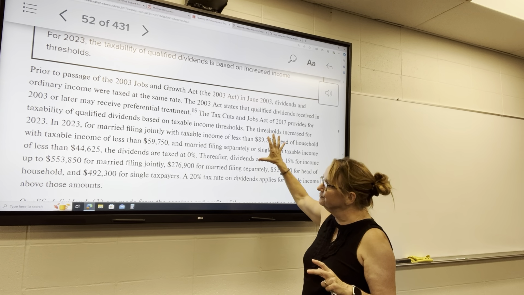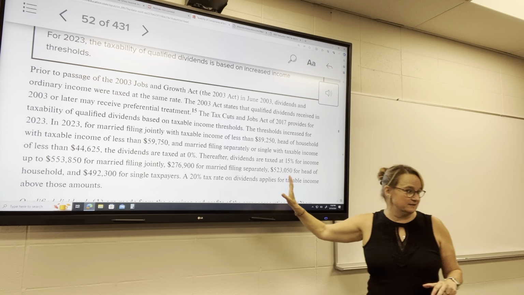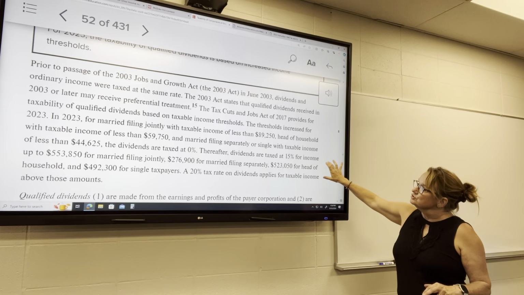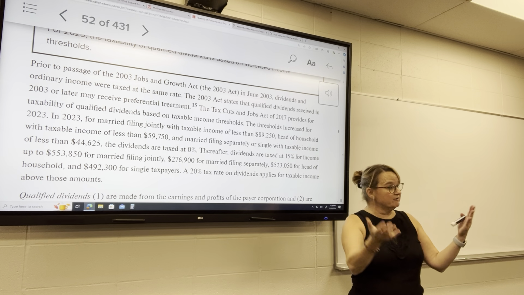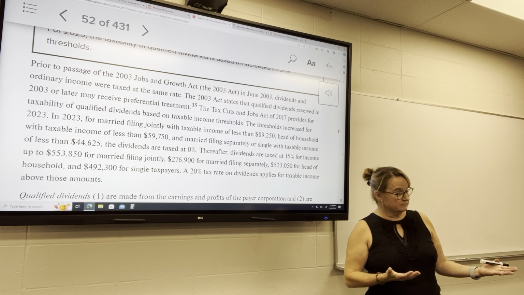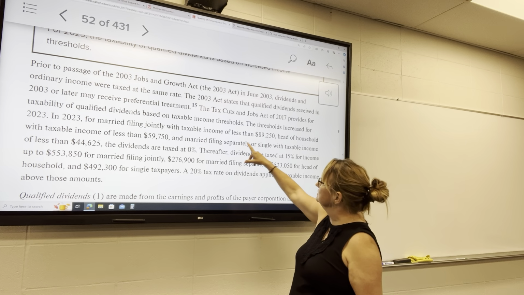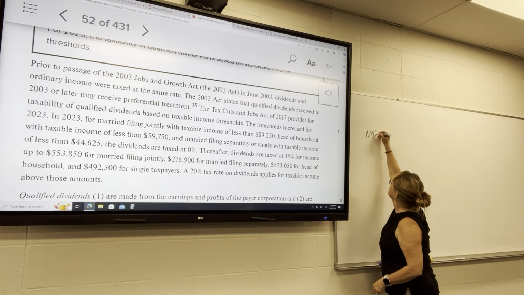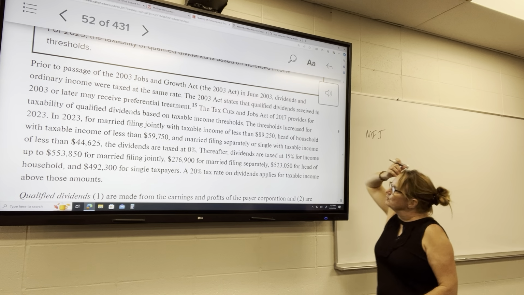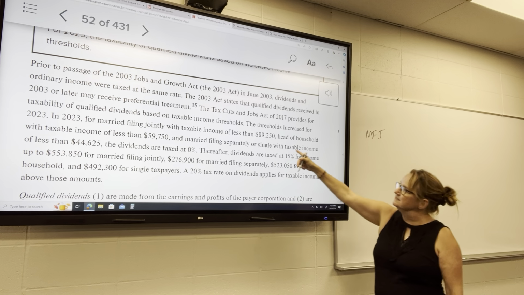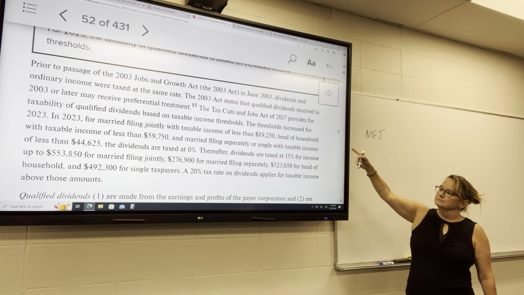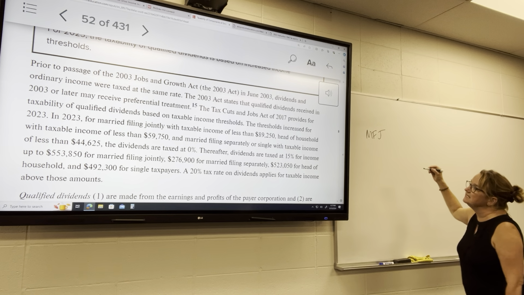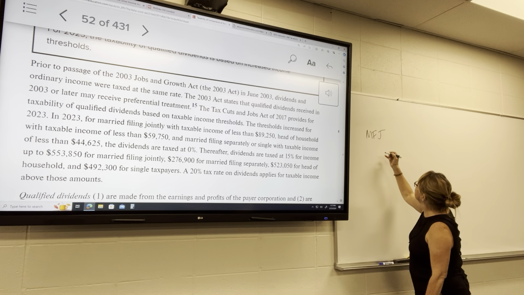But these are the tax rates for dividends, right here. So for individuals, and it depends on filing status again. For individuals that are married filing jointly, I'm going to try to put this in a table format. Taxable income of less than $89,250. So married filing jointly,